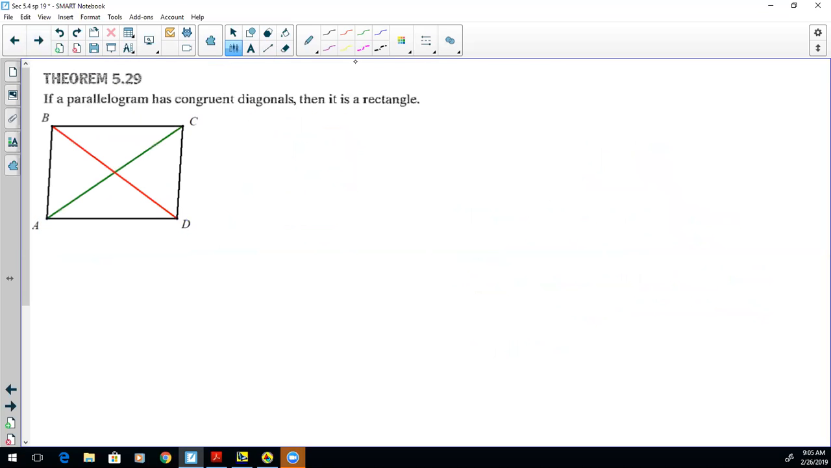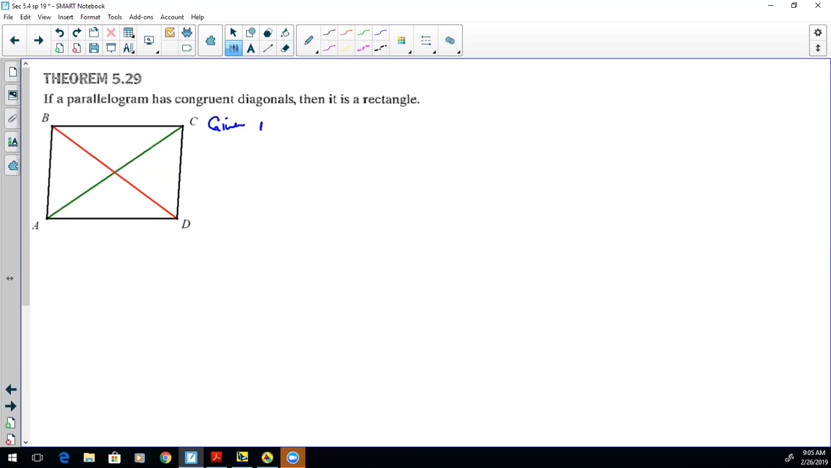All right, this is a little bit longer one, and I'm going to do this one out, and it's done in the book as well, but I'm going to do this with two-column format, putting in all the details that we've just glossed over on the previous ones. So if a parallelogram has congruent diagonals, then it's a rectangle. So what we're given here